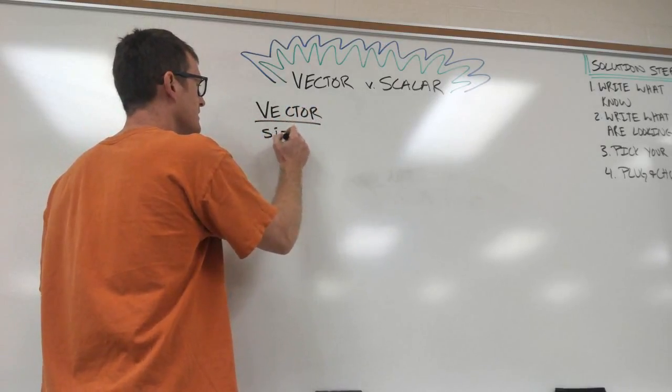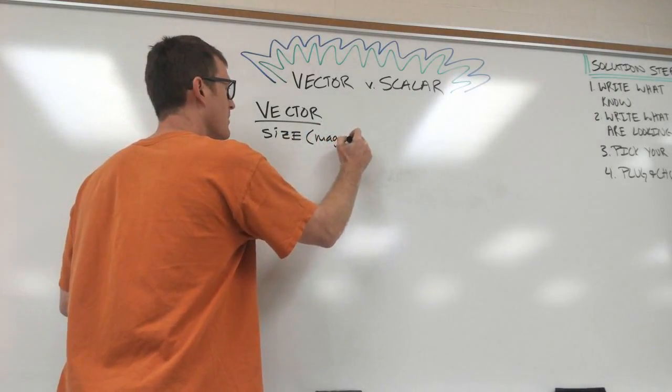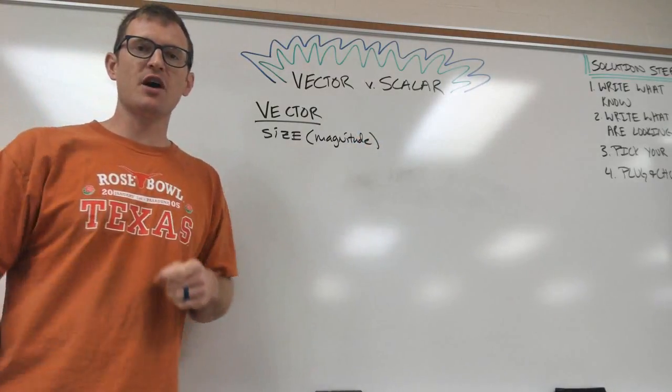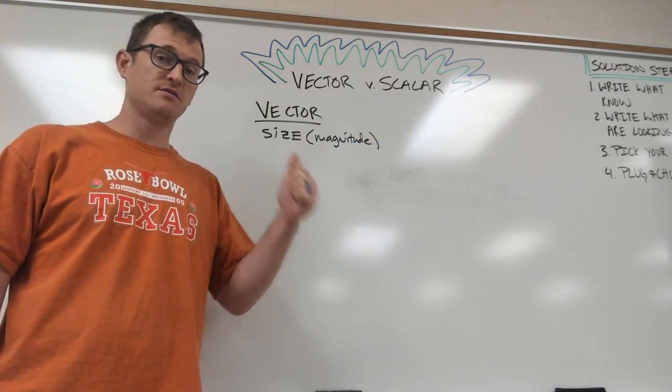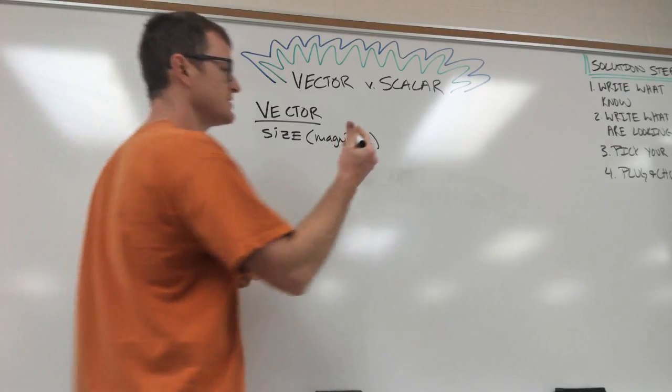So, a vector has size. We also call this a magnitude. Now, some examples of magnitude would be 6 feet tall, 90 degrees, and so on. Now, a scalar